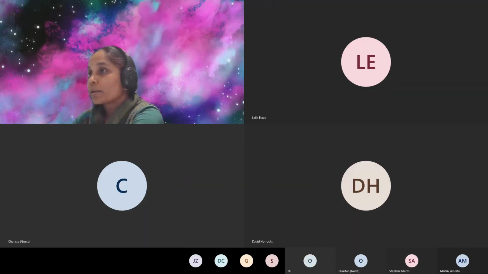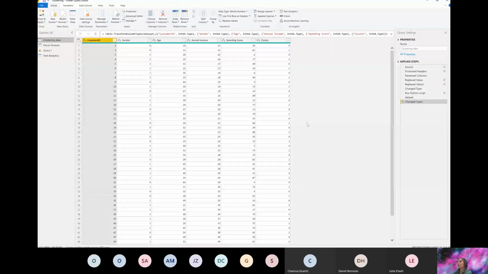Stop sharing and share my Power Query. I think that's the Power Query window. Okay, so this is the Power Query window. So my source is